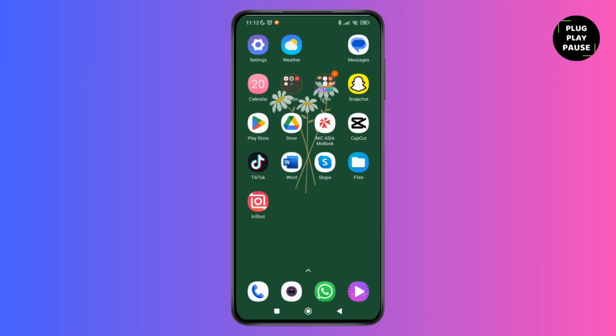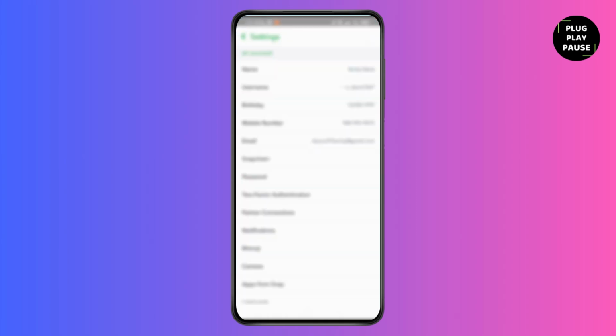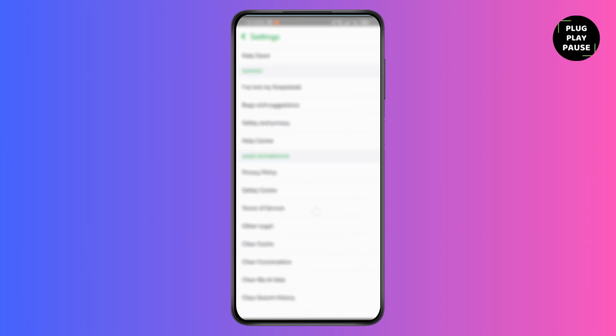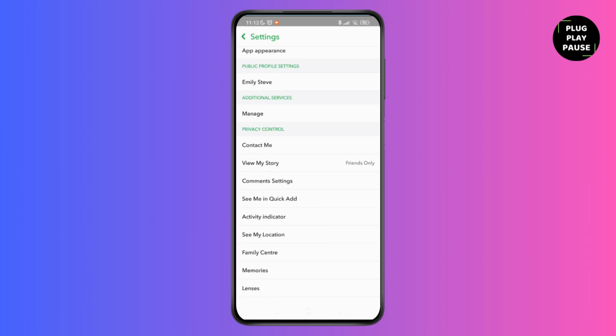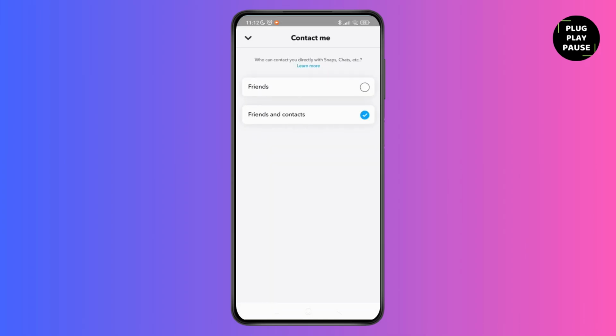So first of all, open up the Snapchat application on your device and then tap on your profile at the top left corner. Then tap on the gear icon and then scroll down to privacy control. So under privacy control, you can see the option of contact me. So just tap on contact me, and here you can see I have mentioned or toggled on the option of